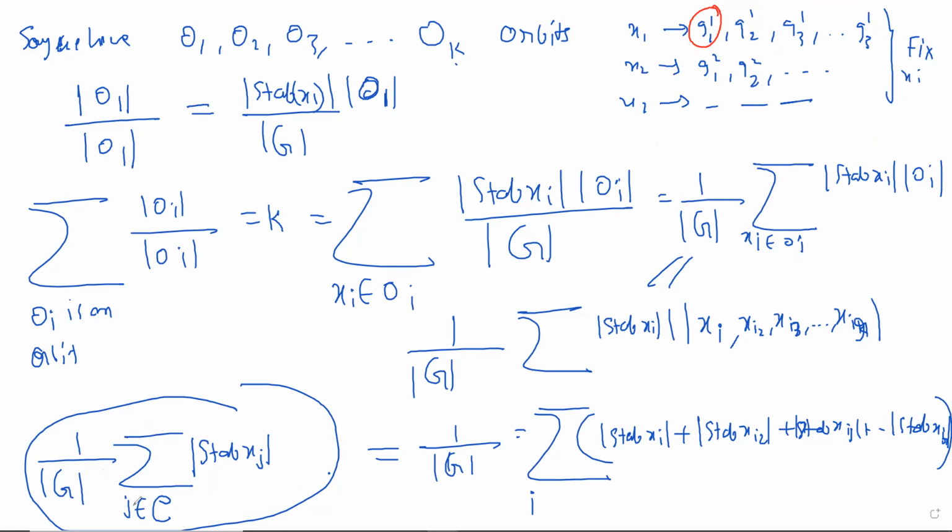So J is okay. This is wrong, bad notation. I should say XJ. XJ is a particular configuration. Okay, yeah, right, you're right. So for every configuration I'm asking how many motions fix it. But I can also say this in a different way. I can ask every motion how many elements do you fix.